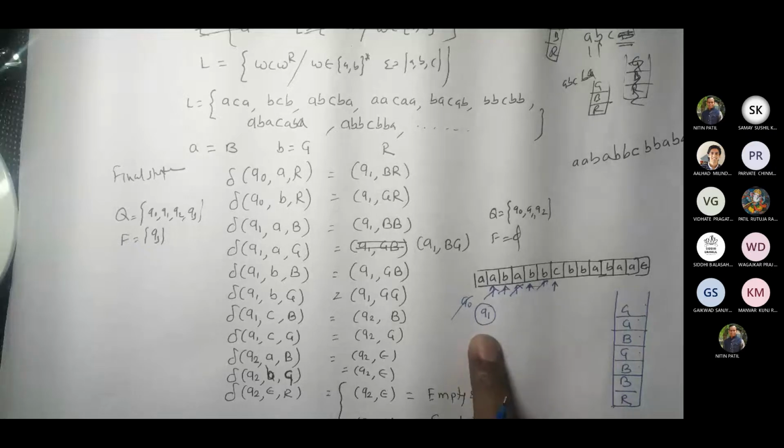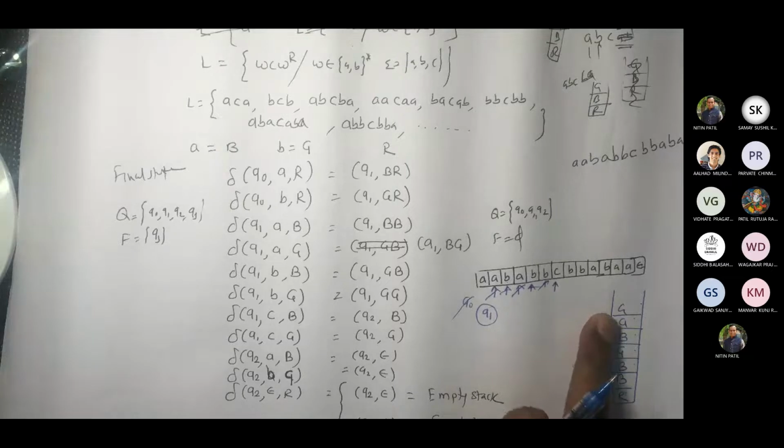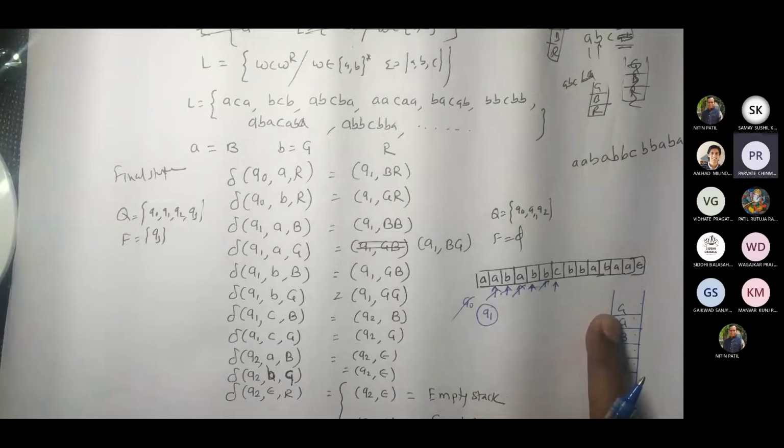Now we are in Q1. We are seeing C and at the top we have G. Yeah, Chinmay, you are saying something? Sir, your voice keeps getting muted every 2-3 seconds. Myself I'm doing it because I'm taking a lecture from house. Oh, okay.